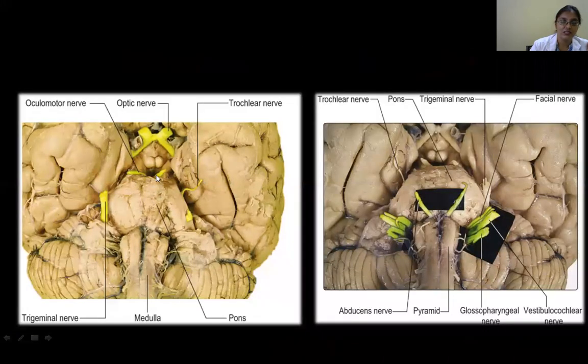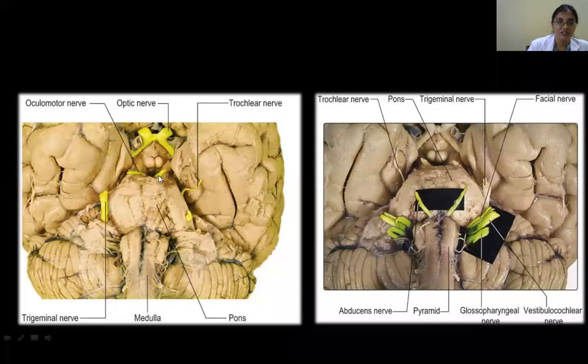So here you can see the base of the brain. Along with the brainstem, these are the cerebral peduncles, their location. If an examination of a brain specimen is given to you, you have to be able to show the location. The oculomotor nerves are so thin they may be lost, or students may just pick the nerve fibers and they may be lost. But you should know exactly where the oculomotor nerve has its superficial attachment.